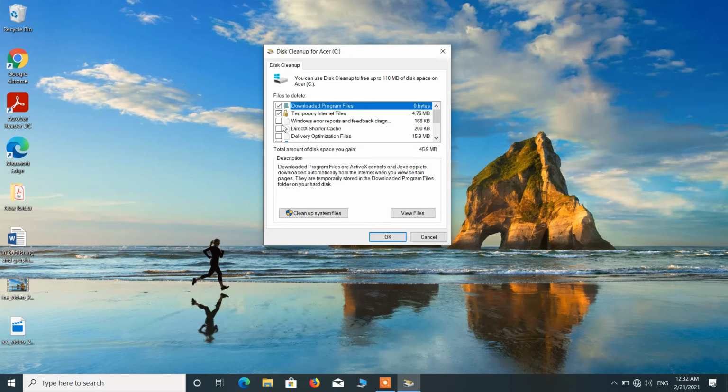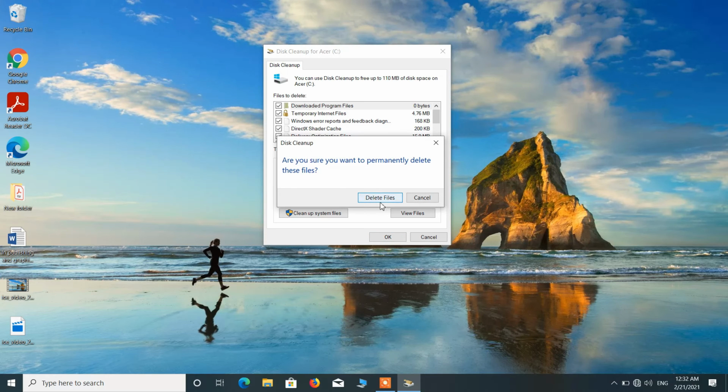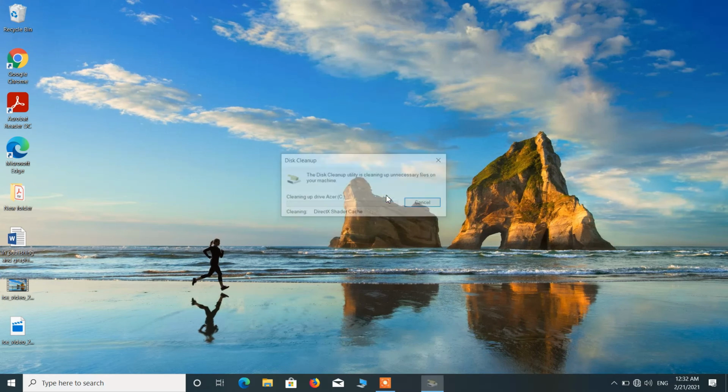Now in this window check mark all the check boxes that are given here, and after this click on the OK button. Click on the Delete files button.